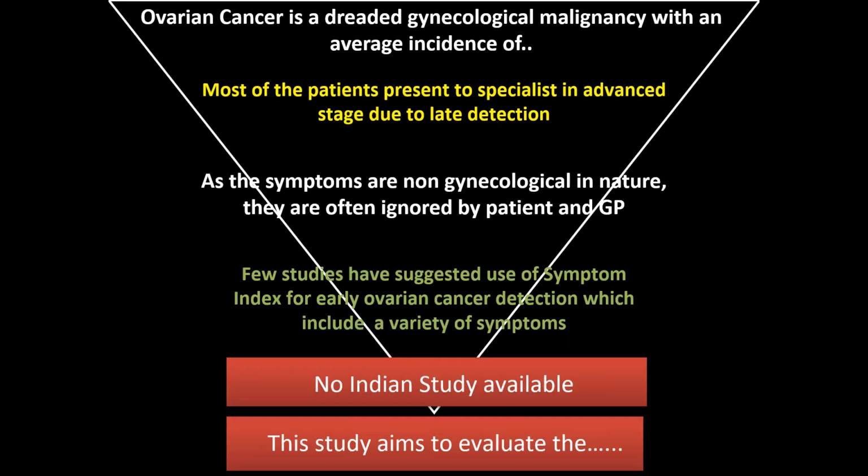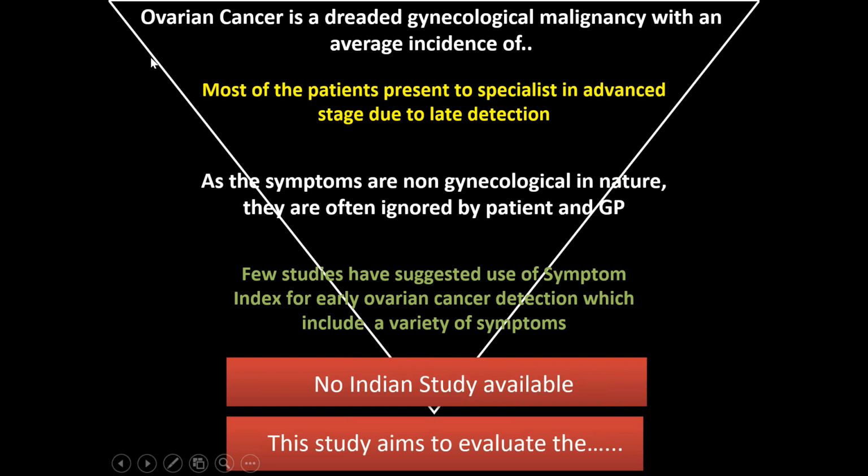I have an example with you. It's one of my own theses, and I've tried to make a funnel out of this introduction. We studied symptoms in ovarian cancer. In ovarian malignancy, there are no typical gynecological symptoms like abnormal uterine bleeding, and these patients have very non-specific gastrointestinal symptoms. Based on that, there is a symptom index which has been studied very few times in previous studies. So I was just going through the literature, and these patients present very late. So this is just how we started.